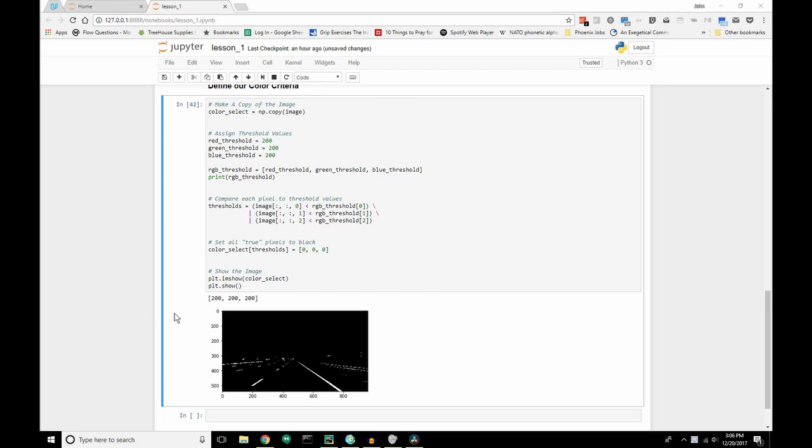Okay, so to really get a grasp of this, let's go ahead and play around with the function a little bit. So let's first of all change some of our threshold values, right? So what happens if we only test for blue values, right? So let's see all the blue values that are, let's say, over 100, right? And I put this all into one cell just so we can go ahead and see everything together. So we're doing everything we were doing before, right? So we're making a copy, assigning thresholds, putting those thresholds into a list,